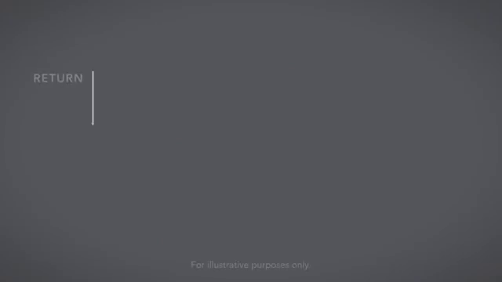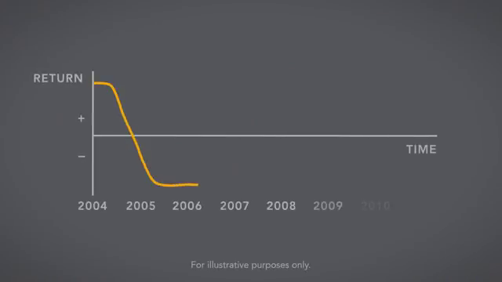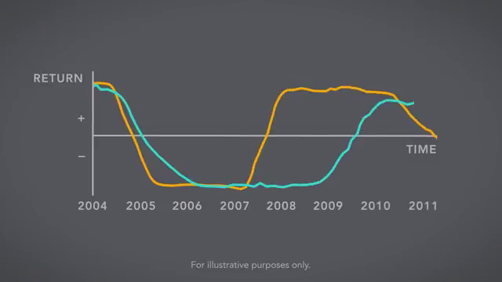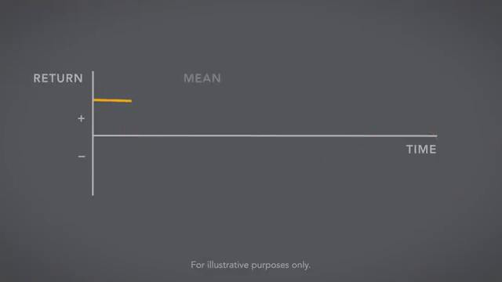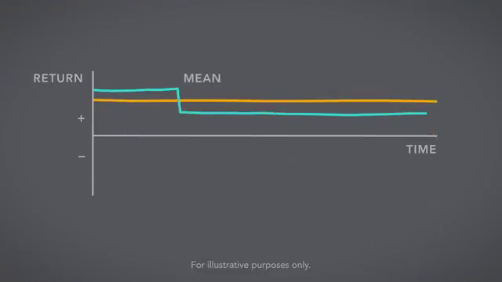While this sounds fairly straightforward, one problem is that we're not sure what mean reversion should look like in the real world. For example, does the pattern take place over 3 years, or does it take 5 years or more to see evidence of mean reversion? Does the mean that we expect returns to revert to remain the same, or does it change over time?